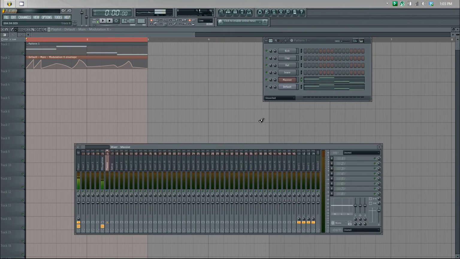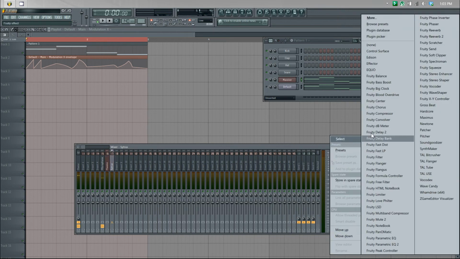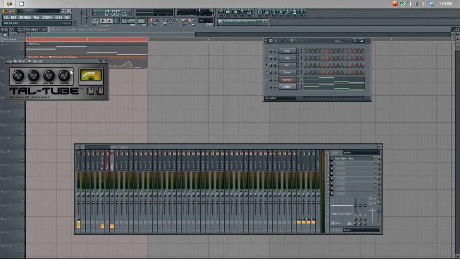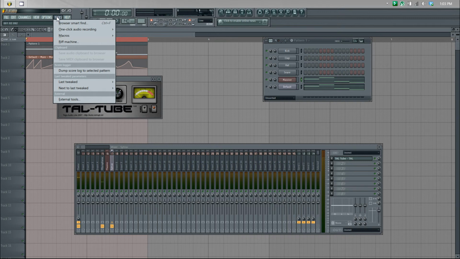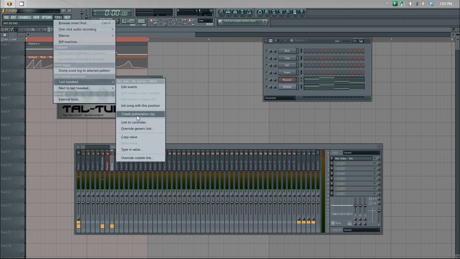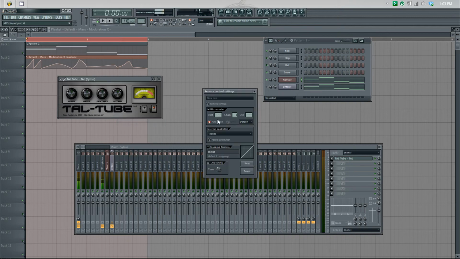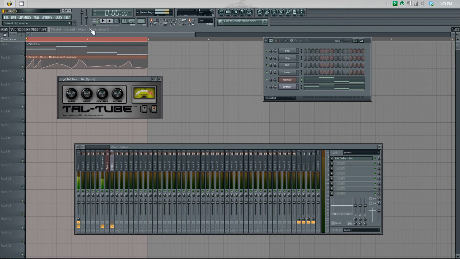So just to add an example, say we go onto Citrus, we can just select an effect. I'll just go with L2FL. And yeah, exactly again. You just tweak a control, options, last tweaked, link to controller, or create an automation clip. I'll link it to the controller again. Full modulation, bang, and if you watch the knob again,